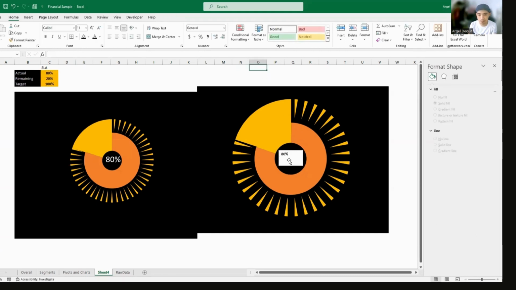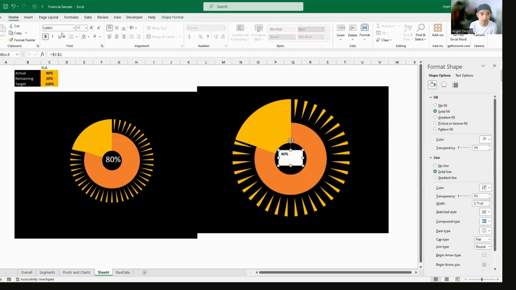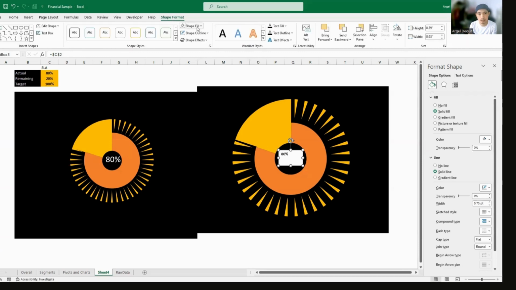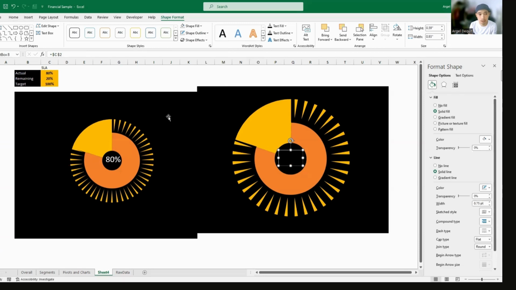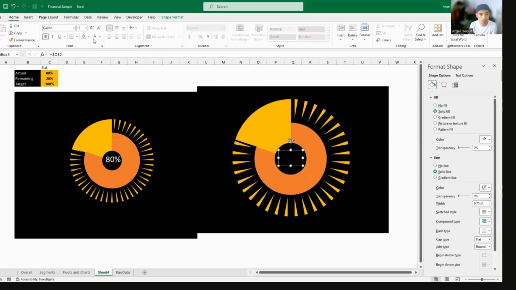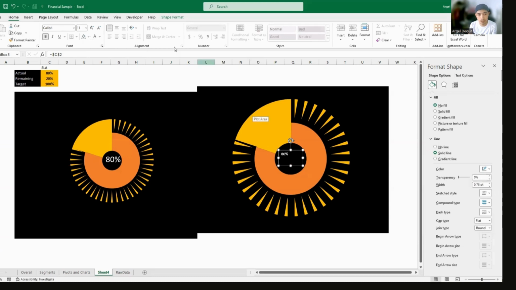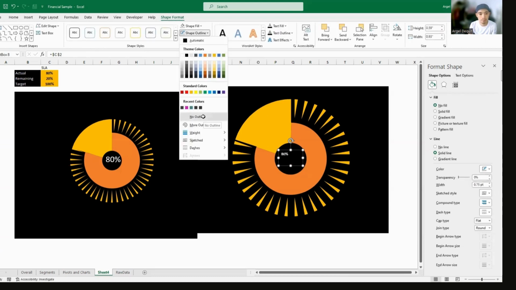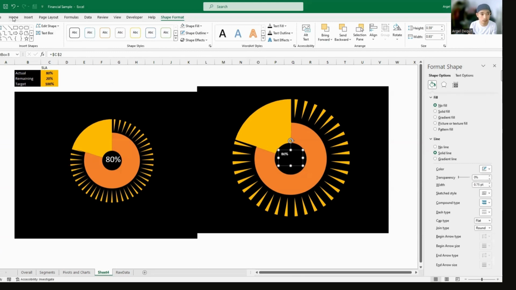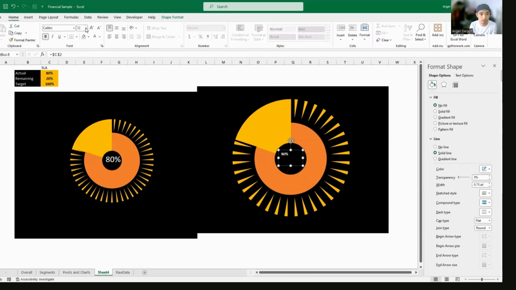And then let's format the text by going to Shape Format, remove the fill again, and change the font color to white, then remove the borders. Now adjust the size, go to Home, and make it bigger.